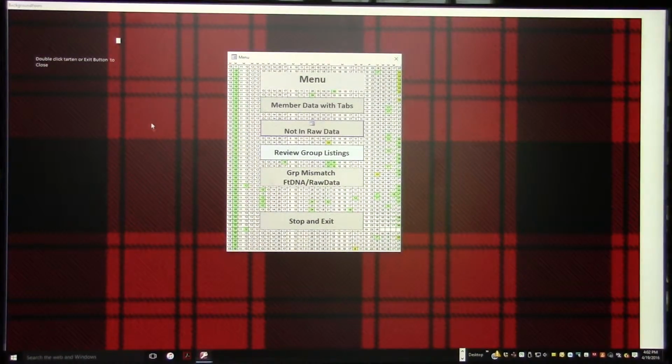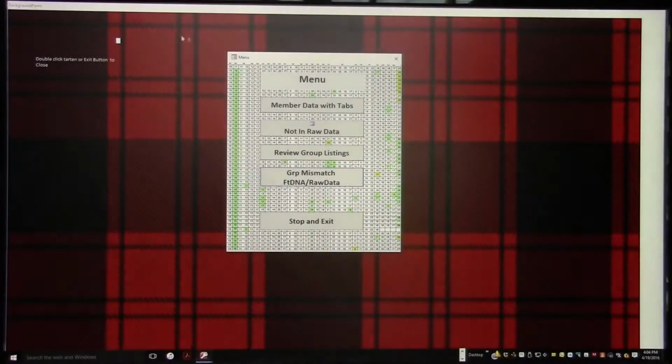A quick and dirty menu will pop up, with Ewing tartan in the background. I threw this together day before yesterday. Even though the database framework is all there, how you look at data is so personalized. I was taking a guess at how I would go about looking at data if I were in your shoes. I'm not even sure yet, but quick and dirty, I made this one